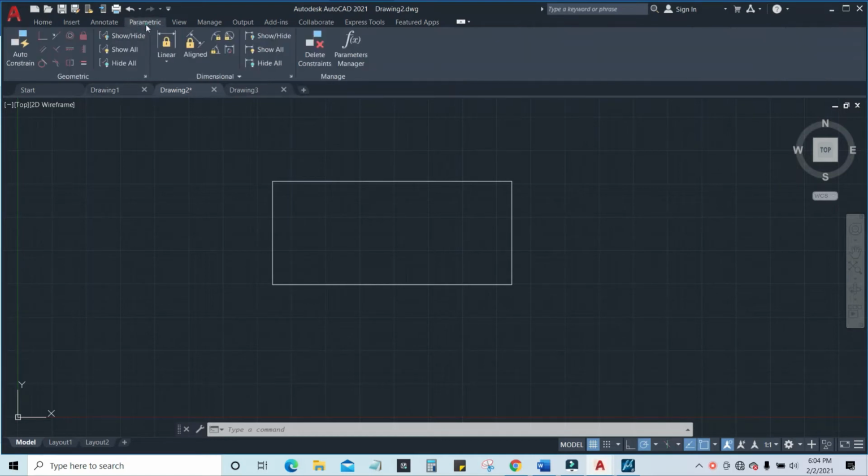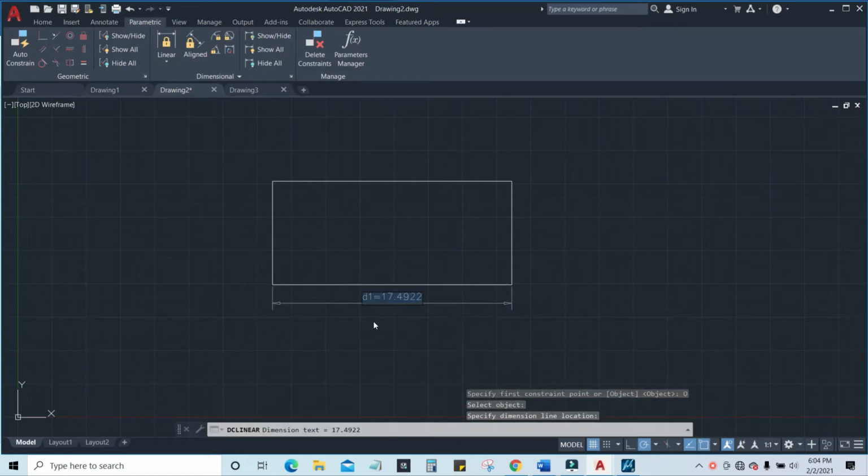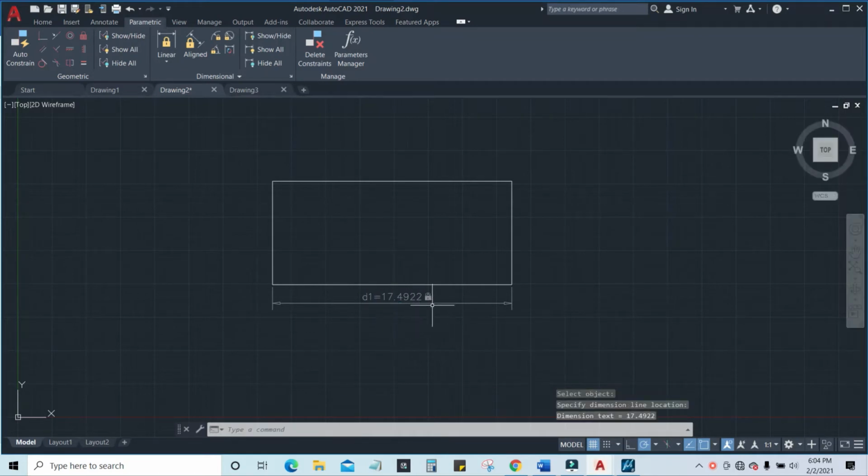If I go to parametric drawing, first I have to make this a dimensional constraint. For that I click on the linear icon, select the object and click on this. Now this is 17.49 units, so it is dimensionally constrained. Now I want to make this side half of this side using a dimensional constraint.